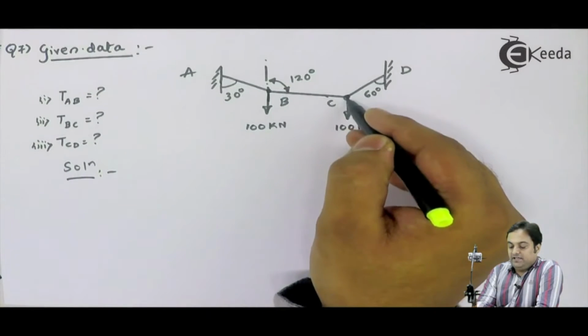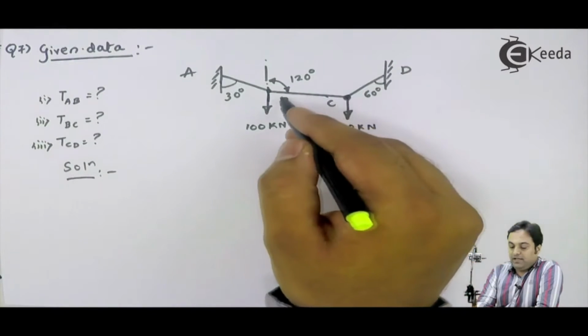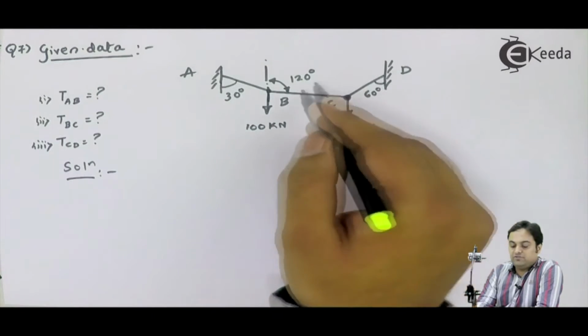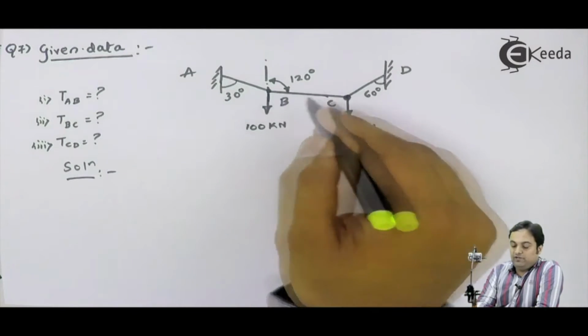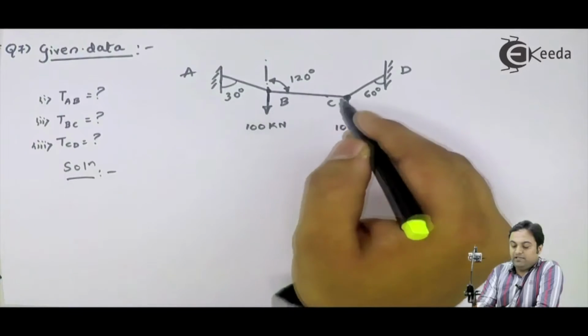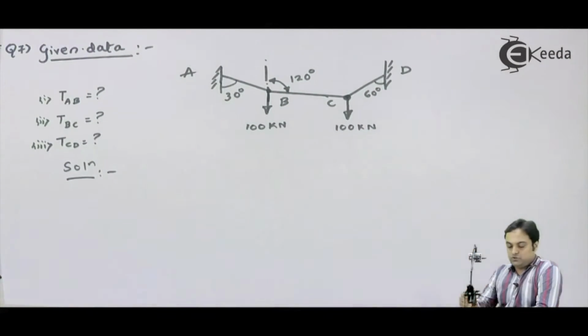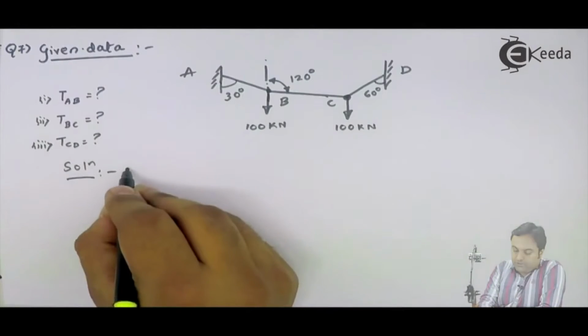Then I will be taking FBD of point C and calculating 3 forces here. Since here we have 3 forces, we can use Lami's theorem. So we will apply Lami's theorem one at a time for B and C, but before that I would be drawing the free body diagram. So I'll say that drawing,